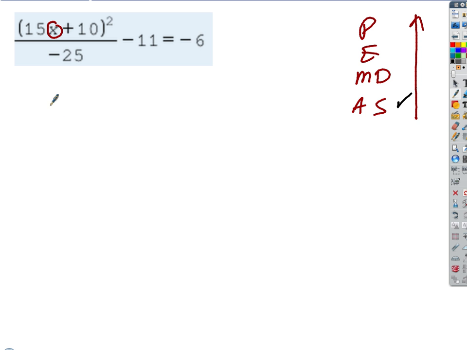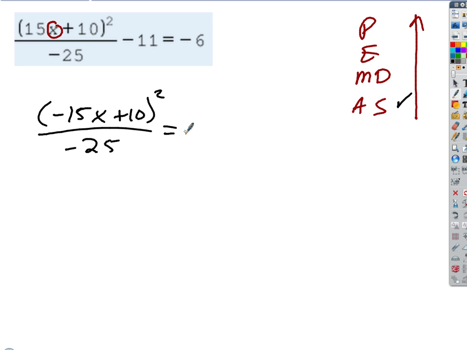That's going to leave us with, on the left side, -15x plus 10 quantity squared over -25 equals what? 5? Right? Agreed? Okay, next step, to get the x isolated on the left side, I have to undo dividing by -25, which means I multiply by -25, right? So if we do that,